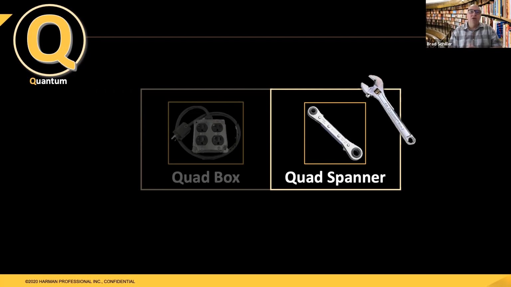A lot of technicians have moved from using a crescent or a shifter or a spanner over to a quad style because it's preset, it doesn't need to be adjusted, and you have 4 different sizes to use. Interestingly, there's a brand of quad spanner in the United States that's called Quad Box, and that's a brand name. Kind of funny.